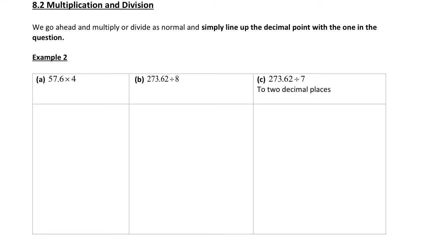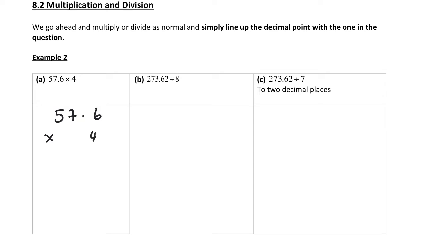8.2 multiplication and division. We go ahead and multiply or divide as normal and simply line up the decimal point with the one in the question. So we set this out as a traditional multiplication. So if it gets 57.6